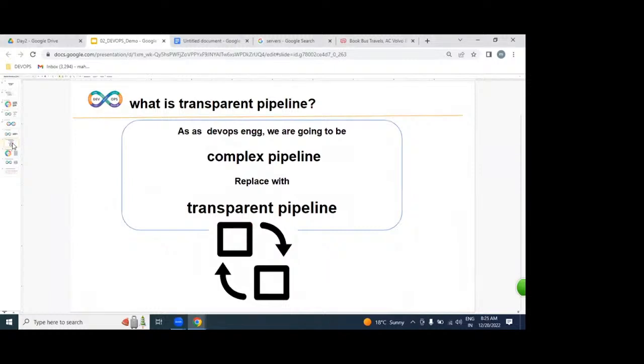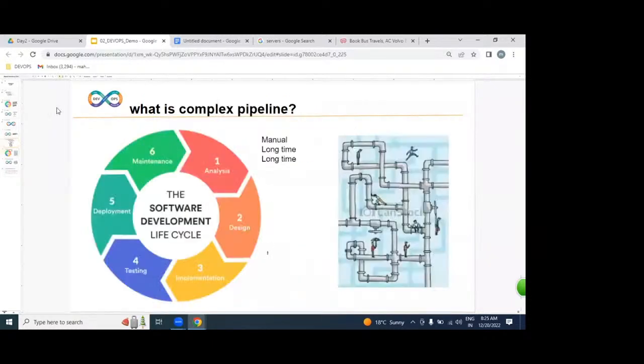When you step into the company, you see only a complex pipeline, an existing process that developers are already working with. We are going to replace a manual process with an automated process. The manual process we call complex, but the automated process we call transparent.